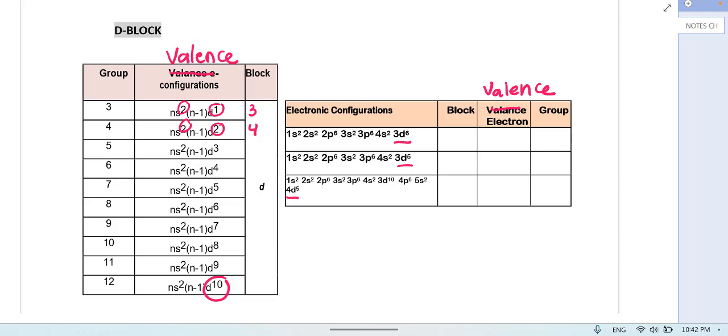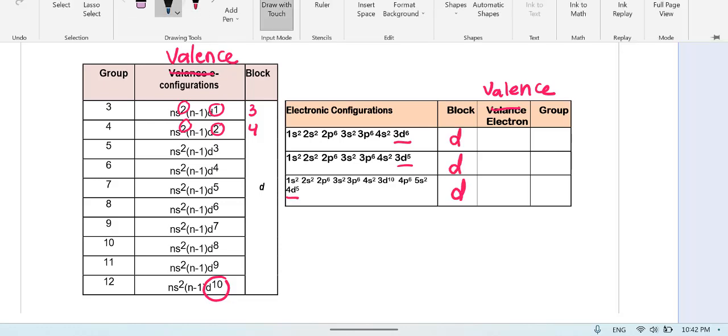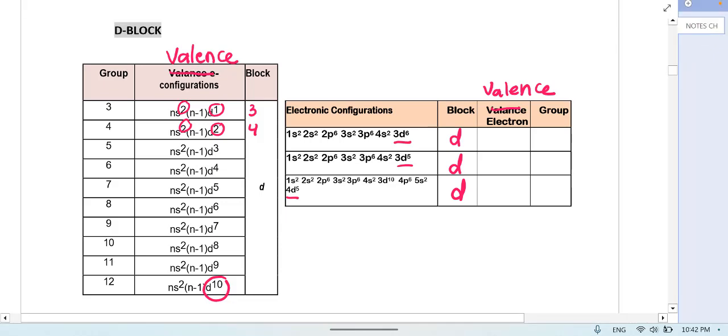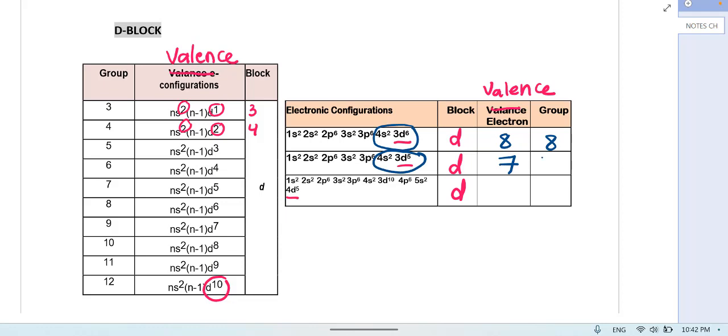So how to determine block? We look at the last electron: D block, D block, D block. How to determine valence electron for D block elements? We need to add on: 2 plus 6 is 8, group 8. 2 plus 5, 7, group 7. 2 plus 5, 7, group 7. So if we look at the pattern, 4s2 3d6, 4s2 3d5, 5s2